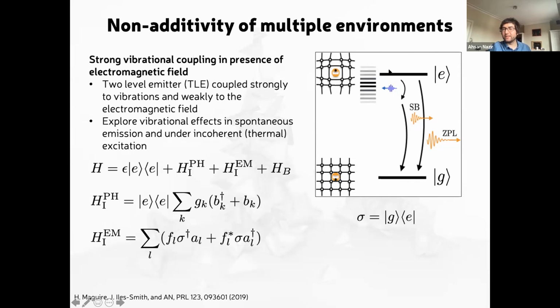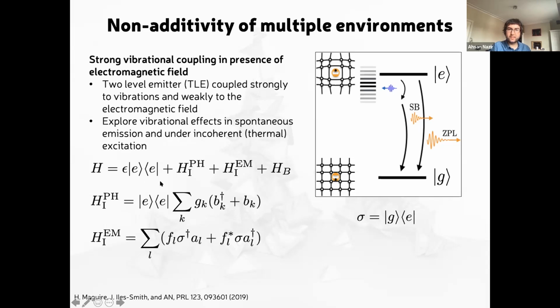So, for example, that means that we can get things like a phonon sideband in the emission, where rather than just emitting a photon directly into what's termed the zero phonon line, where phonons play no role, the system can emit a phonon and then emit a photon. And so this gives us emission in a sideband to the zero phonon line, which is known as the phonon sideband. In this example, I'm going to explore what the vibrational impact is on both the spontaneous emission process that I've just mentioned, but also under incoherent, so thermal, excitation as well.